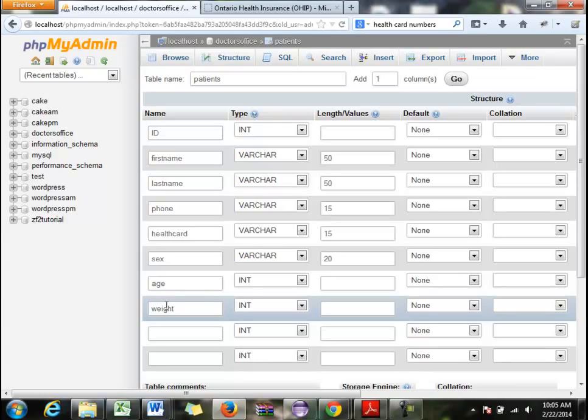I suppose you could, because it is unique to a person. You could use that as the ID, but I wouldn't. That's a judgment call. I wouldn't. I would have a specific ID number, because